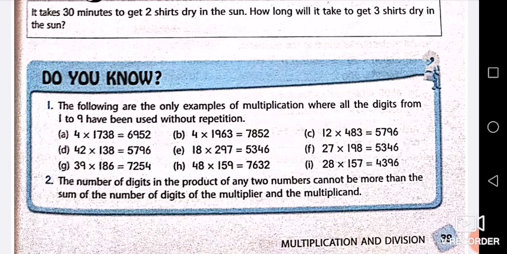Above also you can see that you have 2 digits in the multiplier and 3 digits in the multiplicand, but the product you are getting has 4 digits only. So the product will always have fewer digits than the total number of digits you have used in the multiplier and the multiplicand.